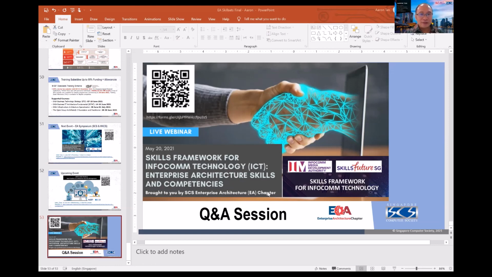The next one is, I find the IMDA website is easier to use. The SSG site is very user unfriendly. That one I cannot comment. I can't comment for SSG also, but I guess if you find the IMDA site more useful to use, then you can use ours. I guess that's the benefit of having two different sites to reference.